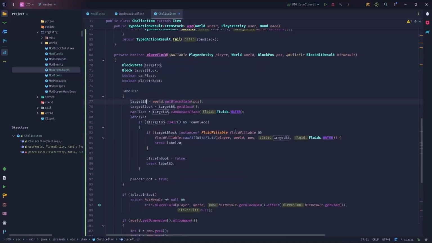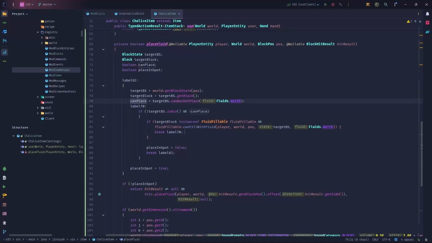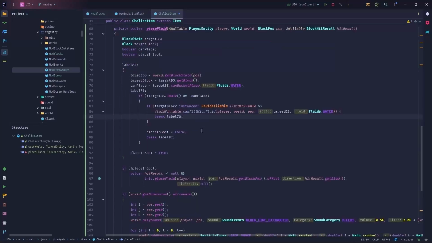Finally, we check if we can use the bucket to place fluids on this block state. That means whether it's waterloggable or not, or whether it's solid or not. Some blocks may return false, meaning they don't allow usage of a bucket of water on them. Okay, if the target block state is not air and we can't place the water bucket in it, we check